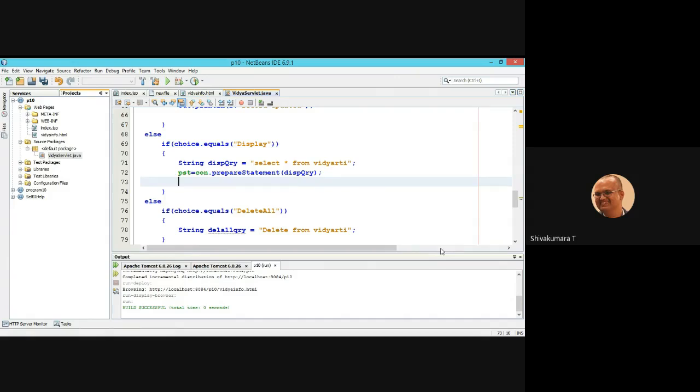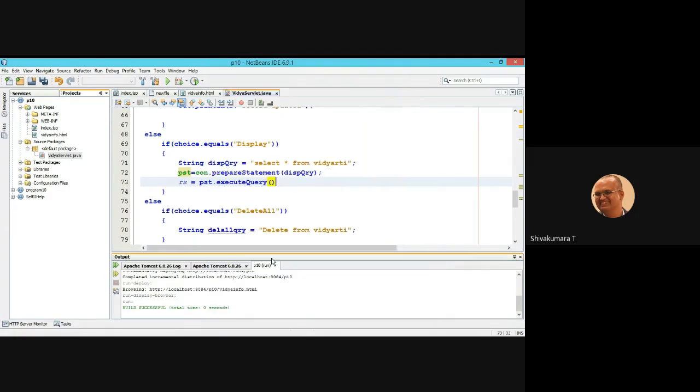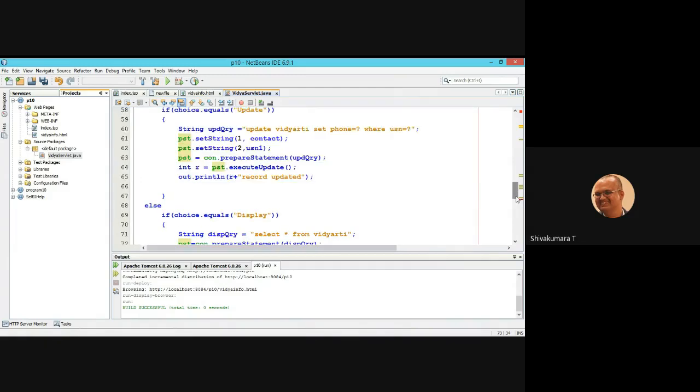For that, to store the intermediate resultant query values, we are using the result set object. RS equal to PST dot execute query we are going to use. So the execute query method is used to execute the query.